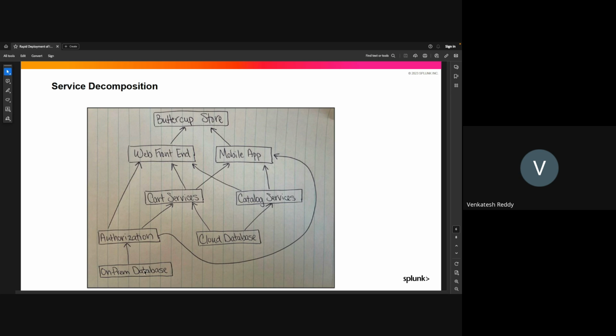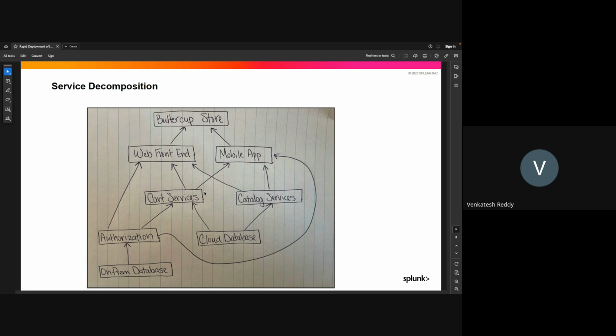And for on-prem database, we need to provide the dependency weightage as maybe 10, because if the database is down, the entire application will be down, right? So we need to give high importance or a high rating to the database servers. We define all those things in the service decomposition, right?